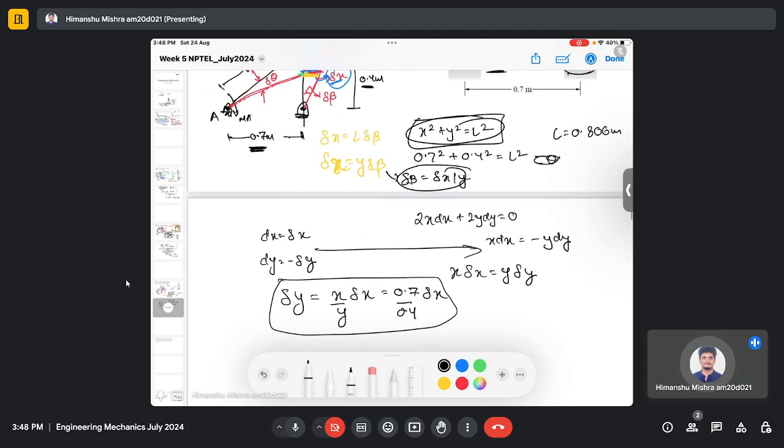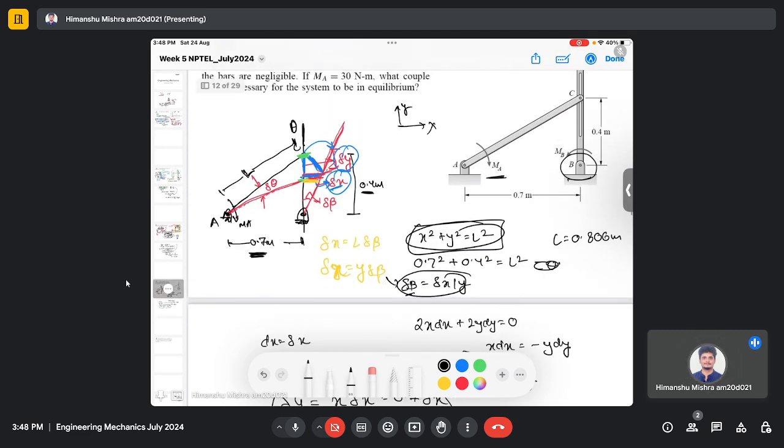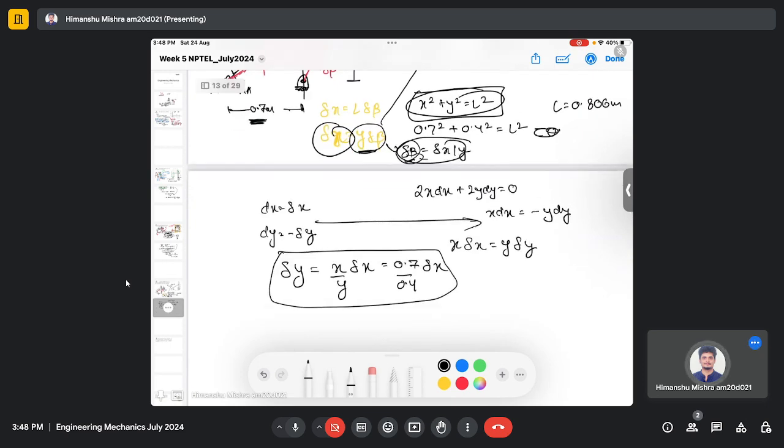Right? I am writing del beta because when you have force, the virtual displacement can be given as L del theta, right? But here you have given the movement. So the movement will create virtual angular displacement, and del beta and del theta is my angular displacement. So I'm writing in terms of del beta, not in terms of L del beta, which is required if the force is given. So similarly,